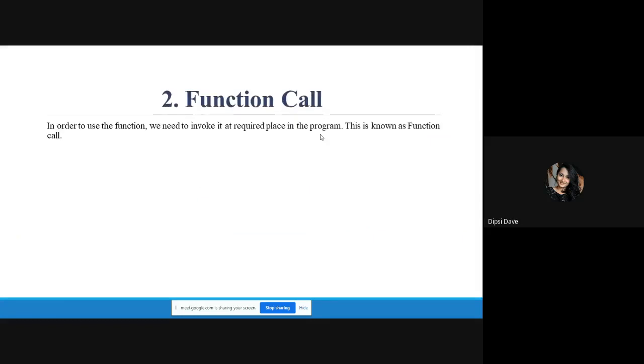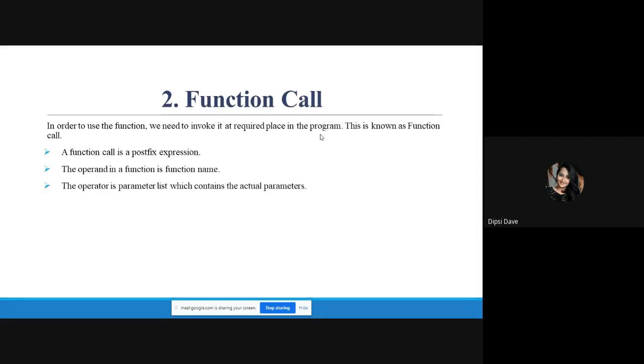Now, the second element is function call. How can you call a function? A function call is a postfix expression in which the operand is a function name and the operator is the parameter list, which contains the actual parameters. We have already learned actual parameters and formal parameters, but we'll see that as well. So this is the example of a function call.